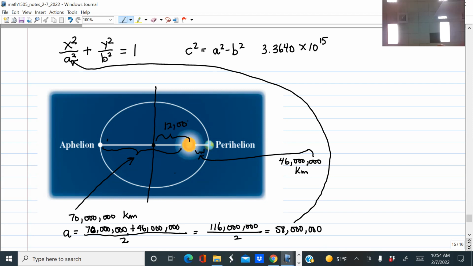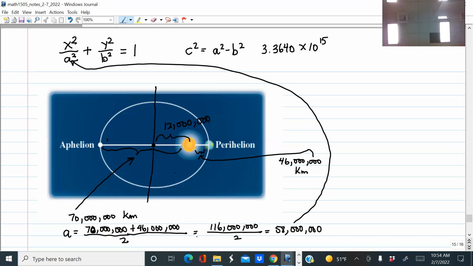I think so. Because added up, the 46 million and the 12 million have to add up to 58 million. So you know what the C value is now, it's 12 million. You know what the A value is, that's 58 million. So you can plug those into this equation and solve for B. Right? So there's how you find the B, or actually the B squared, that's what you're really interested in. And that's what you plug into